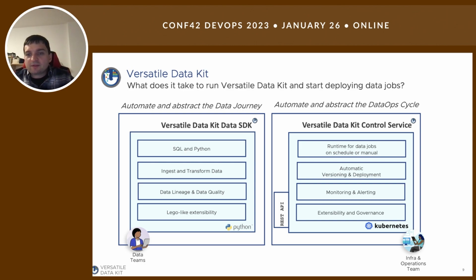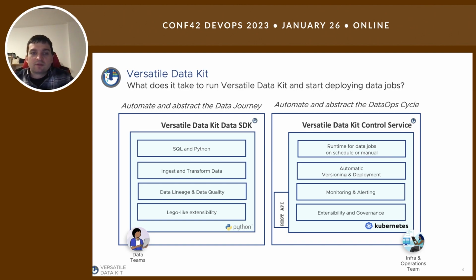When talking about automating and abstracting the data journey, which is primarily the responsibility of the Data Kit SDK, it is a library for automation of data extraction, transformations, and loading of data, and a very versatile plugin framework which allows users to extend it according to their specific requirements, so that infrastructure people who know best, for example, that you cannot send big messages into Kafka, can very easily create plugins that would automatically check the data before it is even sent. And